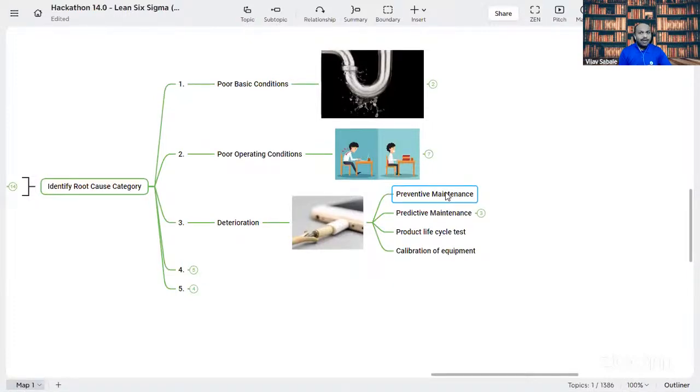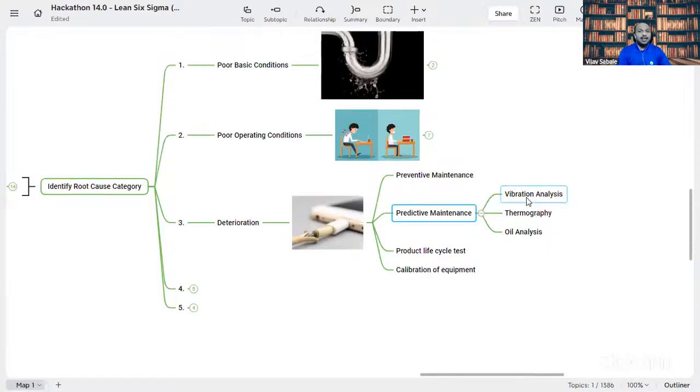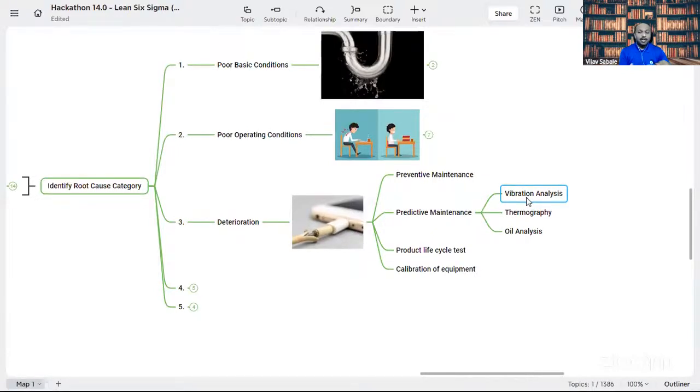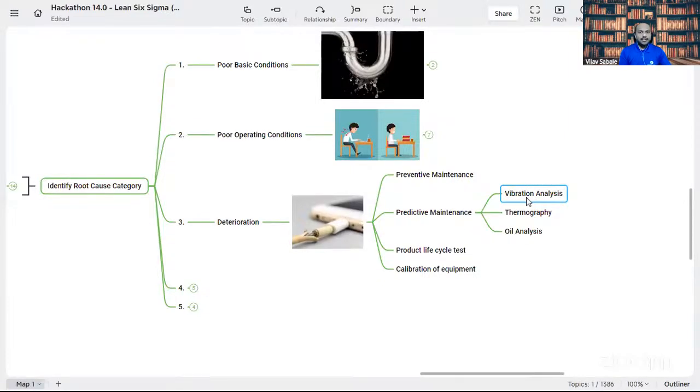So we can have preventive maintenance. We can also use predictive maintenance, right? The word that Ramakrishna just used, time-based maintenance, we can also call predictive maintenance, where we can have multiple things. Like we can have vibration analysis. That means we fix vibration sensors on the critical equipment. As soon as we see an increase in the vibration, it is an indicator that something is bad or abnormal is going to happen with your equipment. So we need to check it, and if we find something abnormal, we need to fix it.